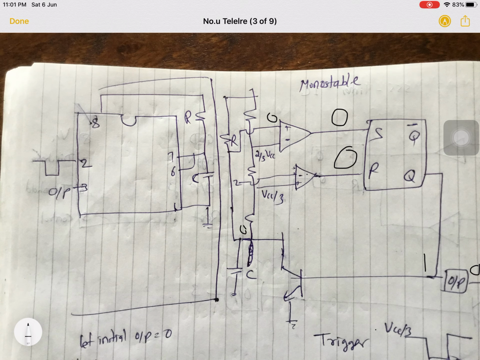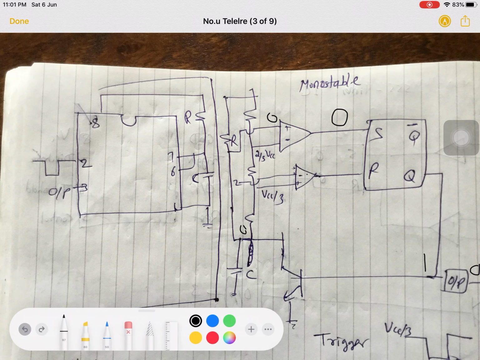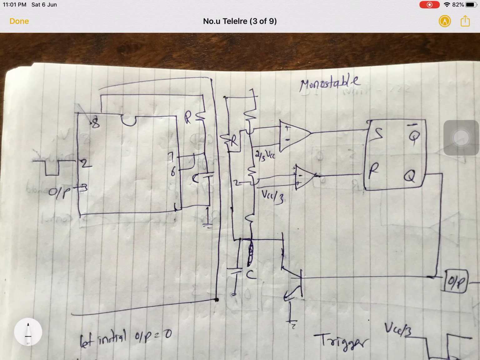Okay. Now I will go to a different condition. So it is case 2. What is case 2? Let me redraw it. Case 2 is when I have provided a trigger. So as soon as I give the trigger here, where is the trigger? This pin. At this pin I am providing this trigger. This trigger means the voltage suddenly goes to 0.